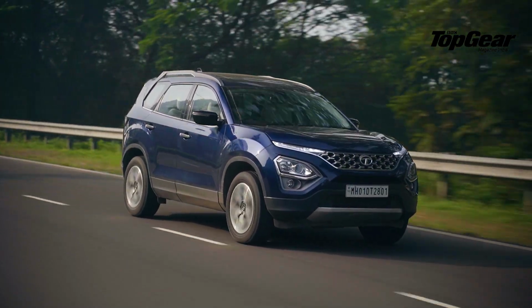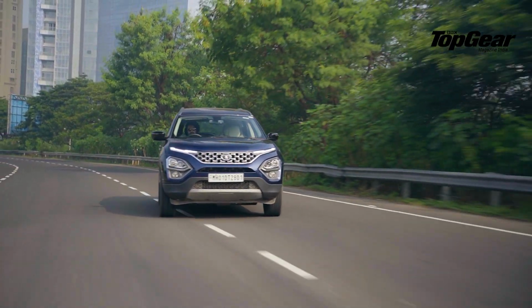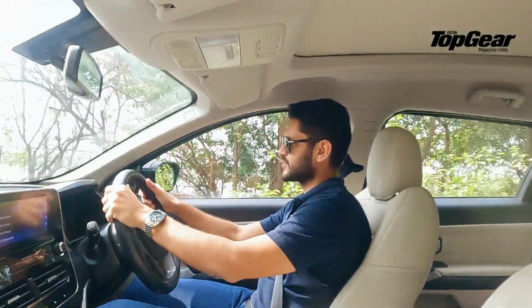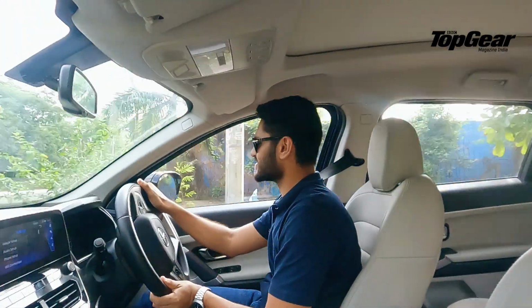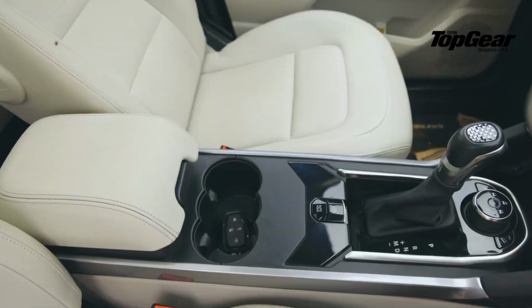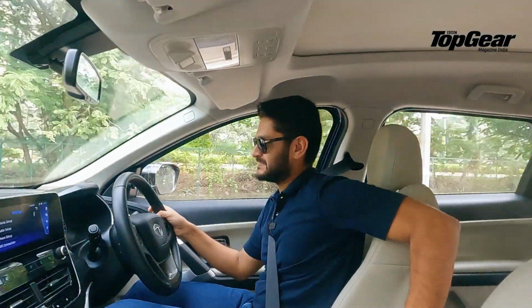And I must say, this definitely feels the most blunted at low speeds right now in this test. So while this looks and feels solid on the driving front, one thing I did not understand is why Tata gave such a tiny armrest in such a big car, and it kind of shakes, like you can...